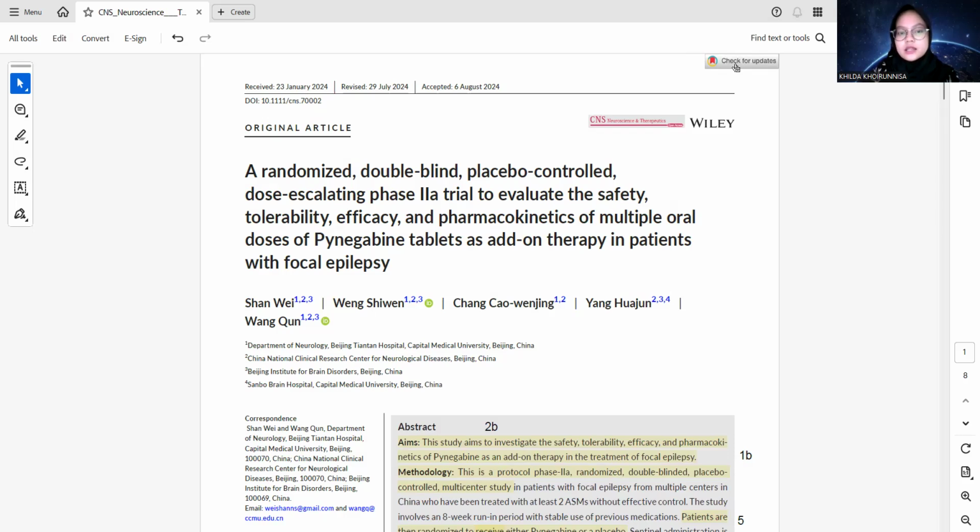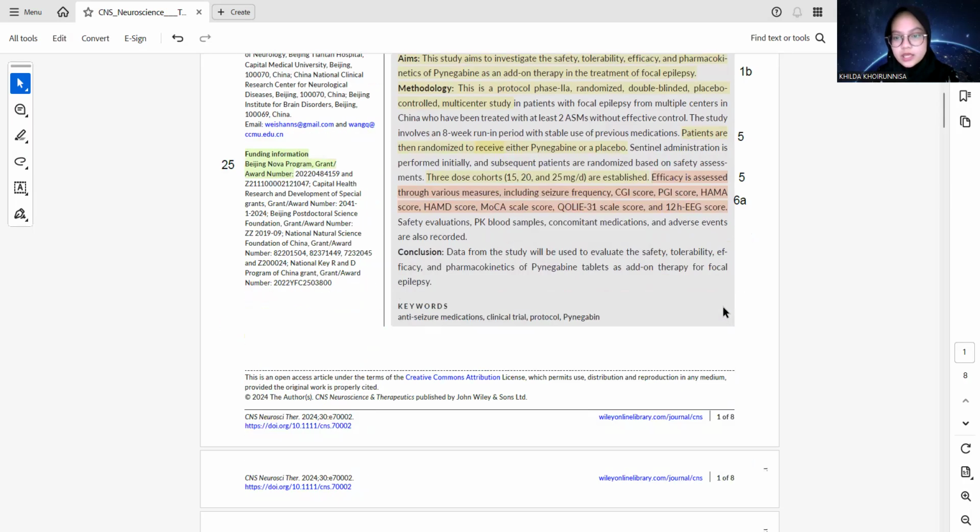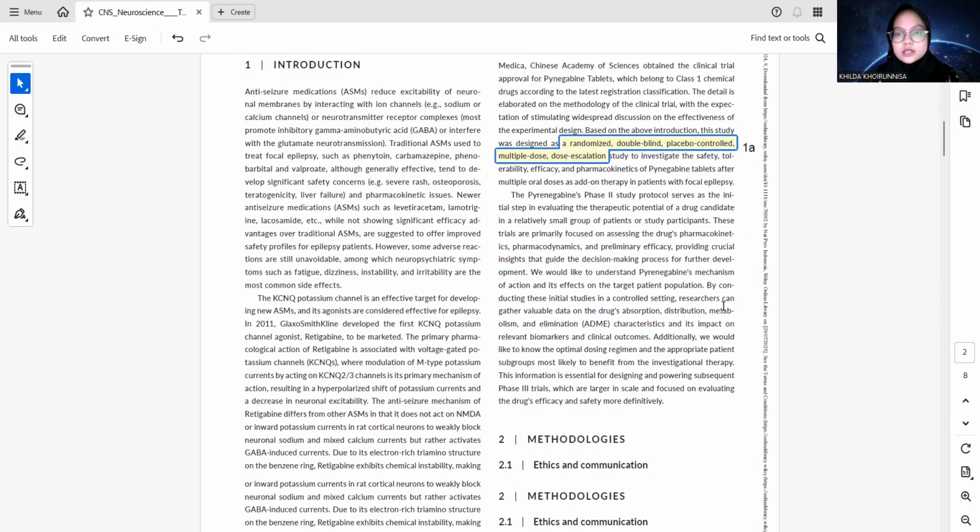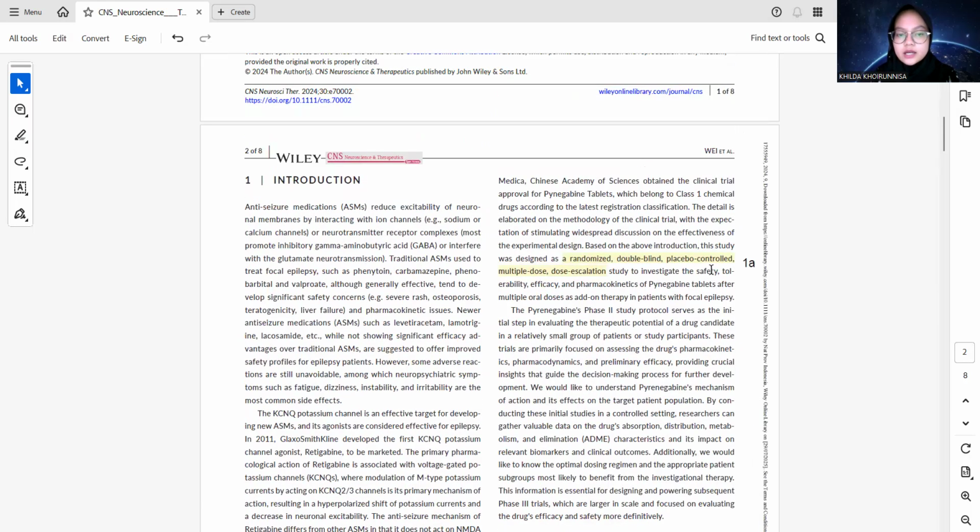Okay, let's start with item one, the title and abstract. Item 1A: the title should identify the study as a randomized trial. In our article, the title is a randomized, double-blind, placebo-controlled, dose-escalating phase 2 trial.